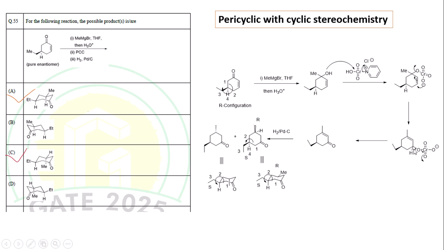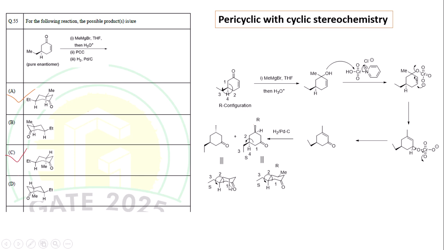So after the sigmatropic shift, the hydrogen atom is present there, and this CH bond is broken to give the carbonyl compound, and then the correct options are A and C, and this